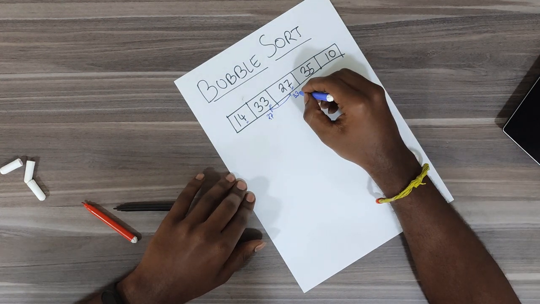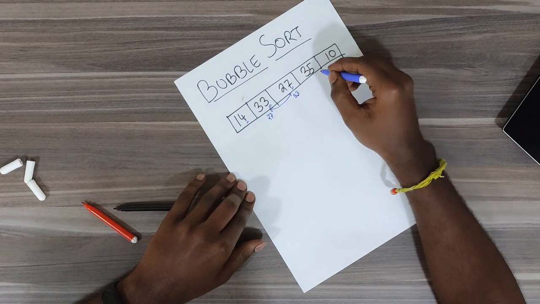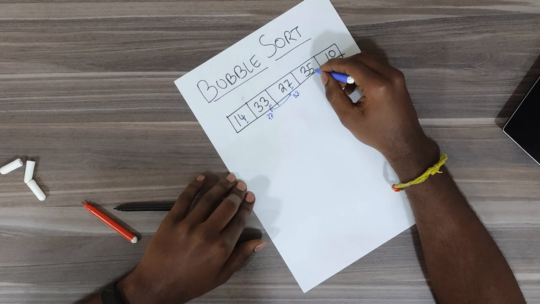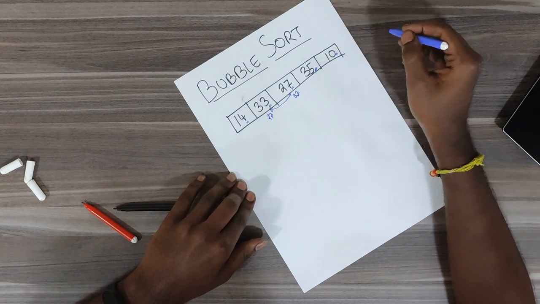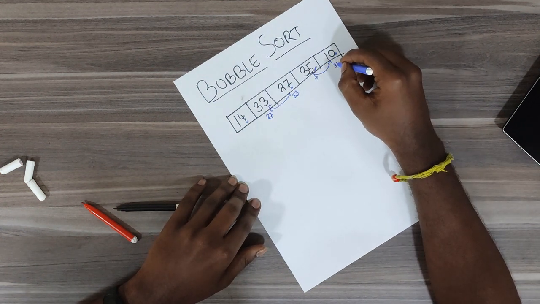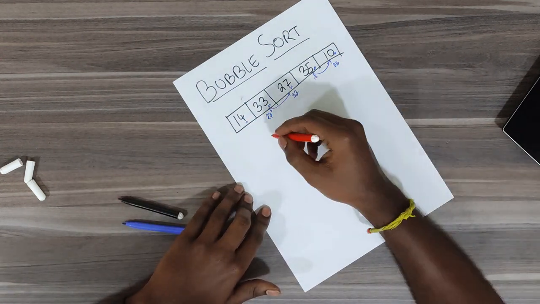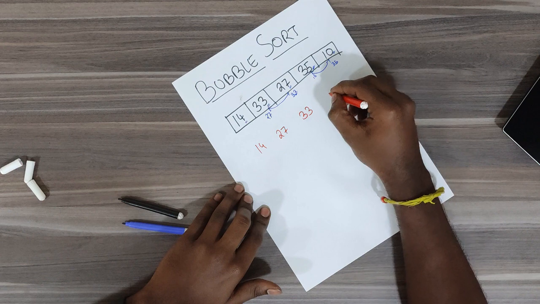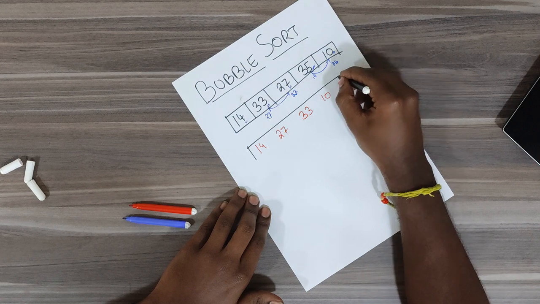So again we'll compare the adjacent elements. So here we have 33 and 35. Since 35, which is the larger element, is towards the right, swap won't occur. Again we'll compare the adjacent elements 35 and 10. Here 10 is smaller but it's towards the right, so swap occurs here. And then 10 would come here, 35 would come here. So after the first iteration in the bubble sort, the resultant array would be 14, 27, 33, 10, 35. So this here would be our resultant array.